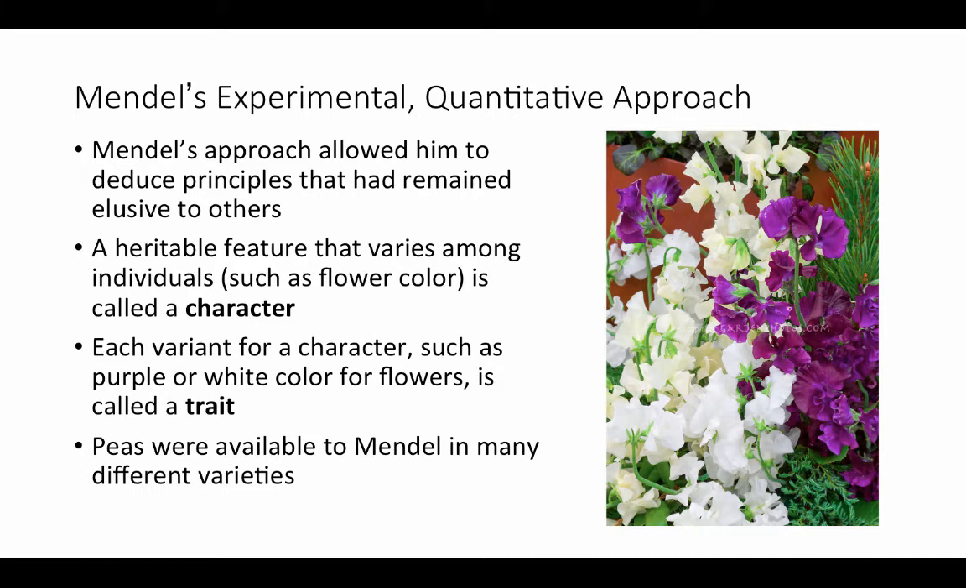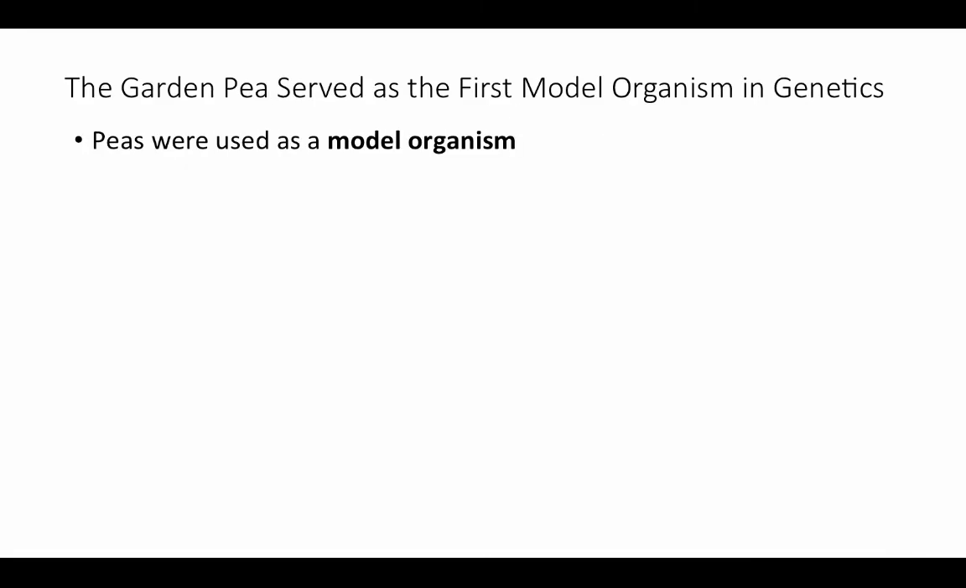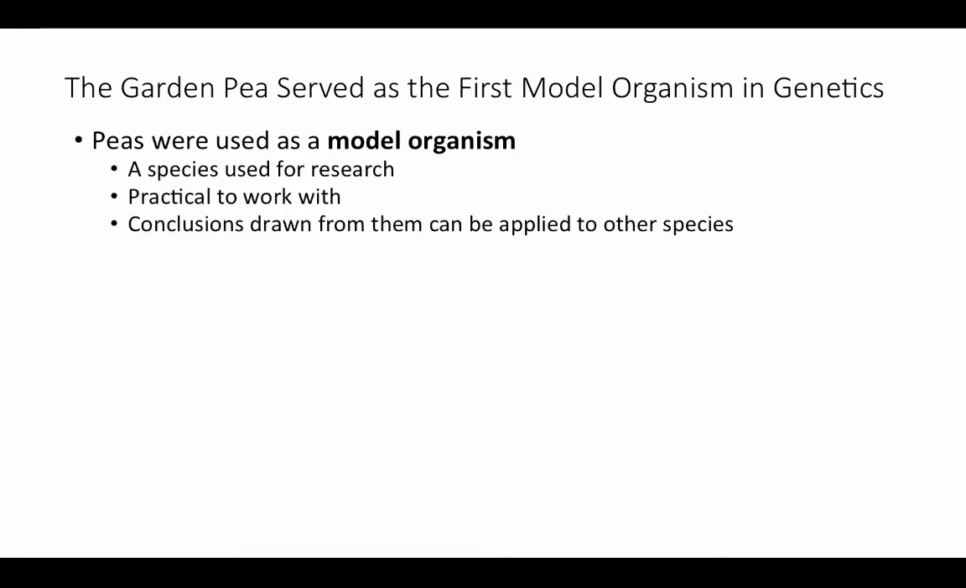He had a lot of variability to work with in his experiments. So peas, in this case, were used as a model organism. So what do we mean when we say a model organism? Model organisms have several characteristics. First of all, they are species that are used for research, and they're chosen because they're very practical to work